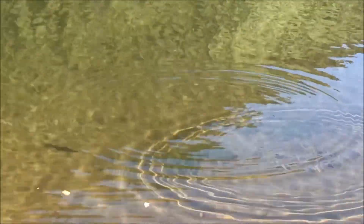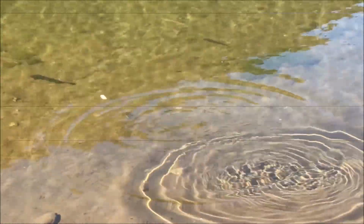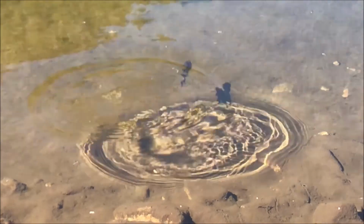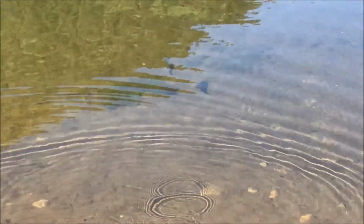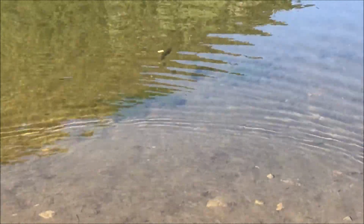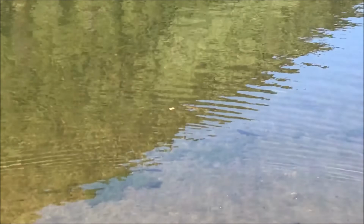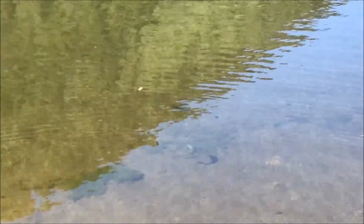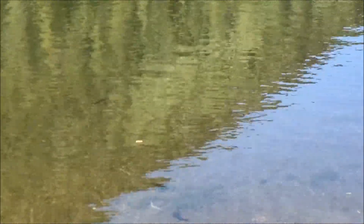I guess the fish like some of this bread. Look, they're gonna fight over it. There's a bunch of them. But he left it. So there's two that just...